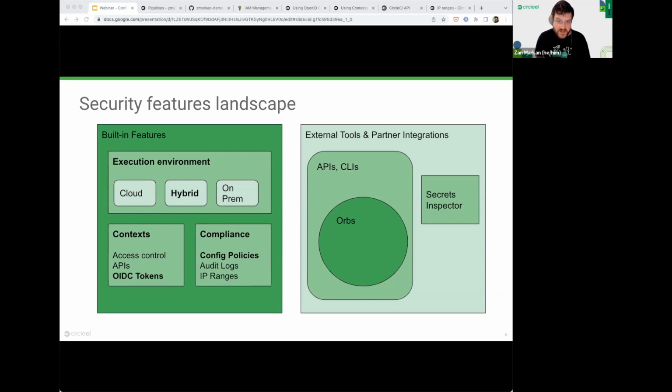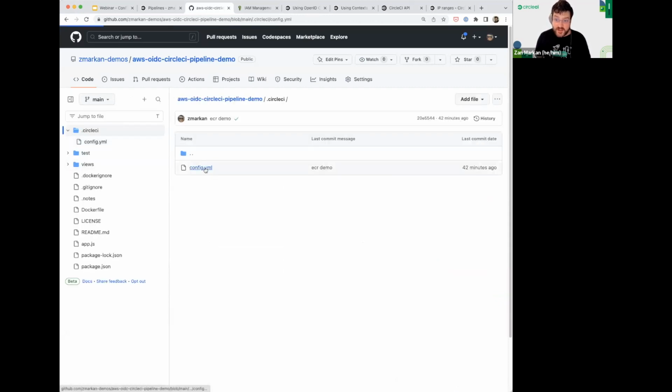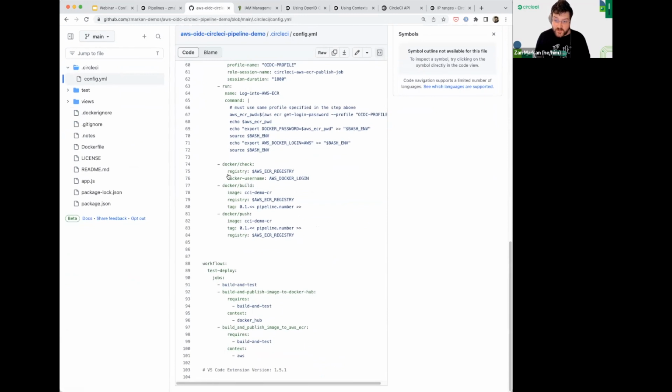So if we're looking at a pipeline, for example, this is one of my demo projects. You'll get the link to it after the webinar. Looking at the config, in the workflow at the bottom, you have all the jobs specified. And you can see that two of the jobs, build and publish to Docker Hub and build and publish to AWS ECR, have a context specified. This context gives you access to credentials which are specific to this context, so that my Docker Hub job doesn't have the credentials that my ECR job has, which is great,